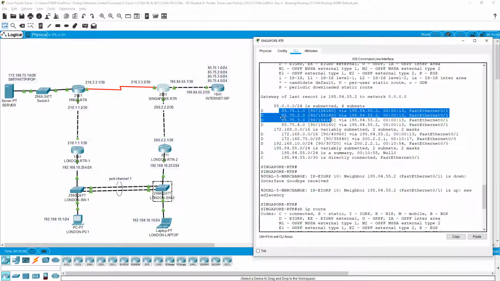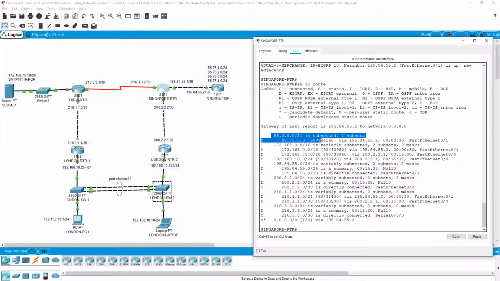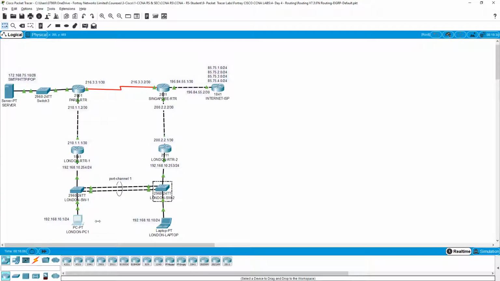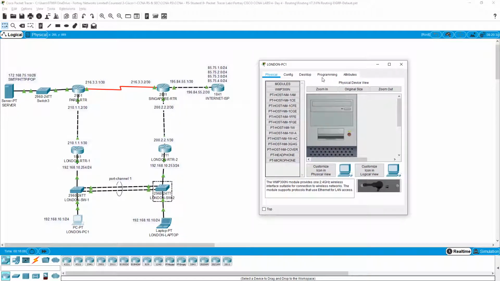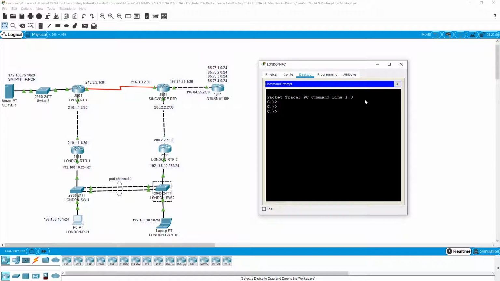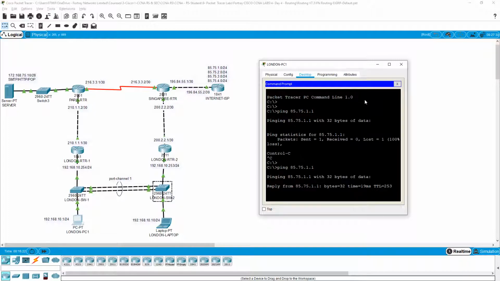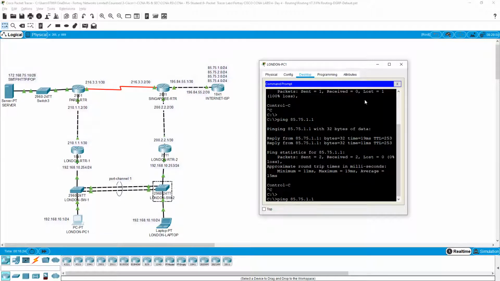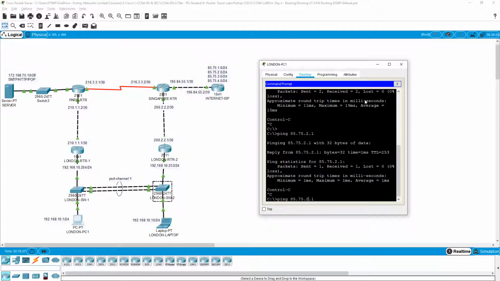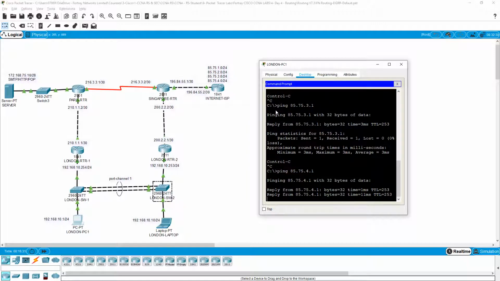Previously I was receiving 4 routes, but with the summary I am just receiving 1 route. But I can still reach all the networks, 1.2, 2.1, with just a summary route. This is called manual summary.